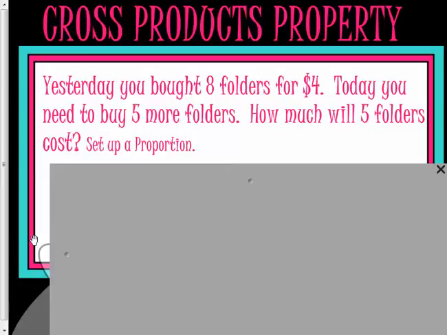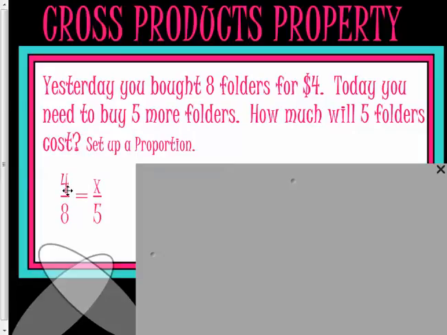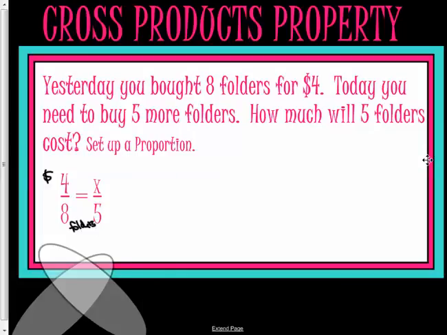Okay, so the first step here is you bought for $4 8 folders. So when you set up the unknown, it goes with the money and 5 for your folders. We always put the money on top. Remember, money over items. So 4 times 5 gives us 20, equaling 8 times x. So what we need to do is divide both sides by 8,